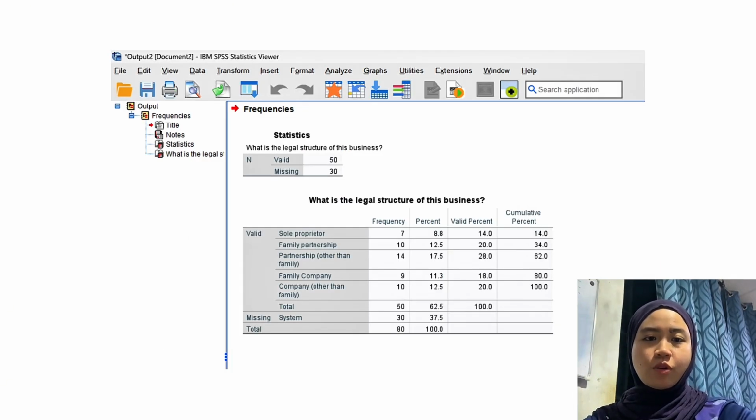Lastly is step 4, which is SPSS will generate a frequency table that shows frequency, which is the number of responses, percent based on the total cases, valid percent based on the non-missing responses, and cumulative percent, which adds up